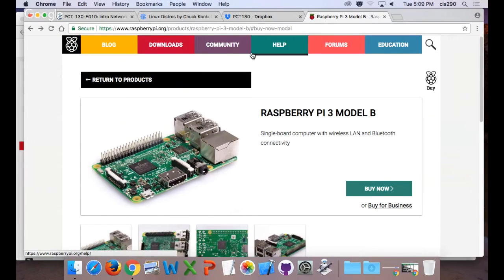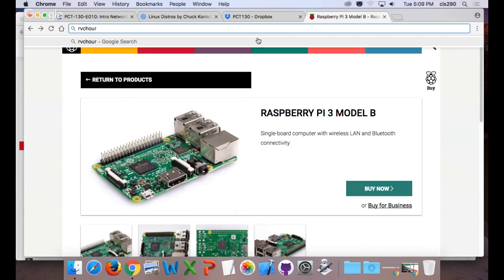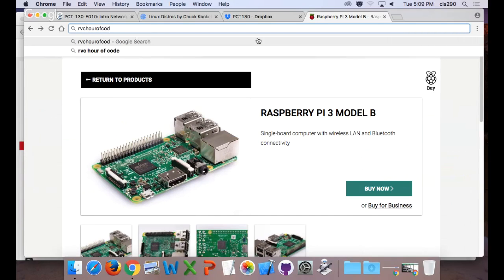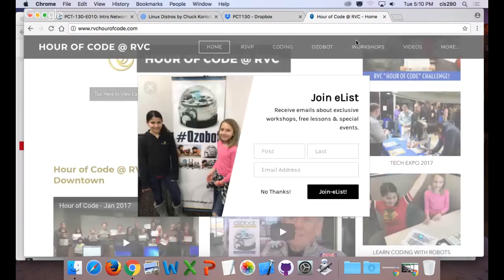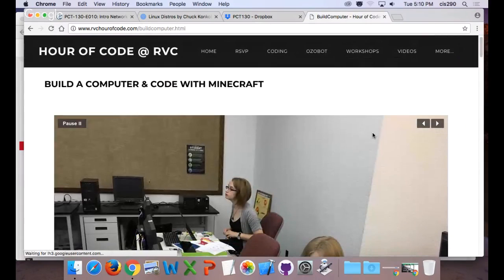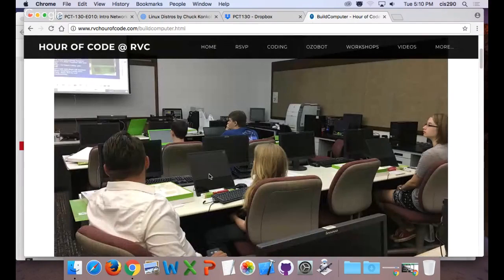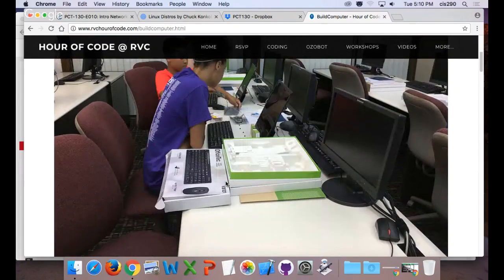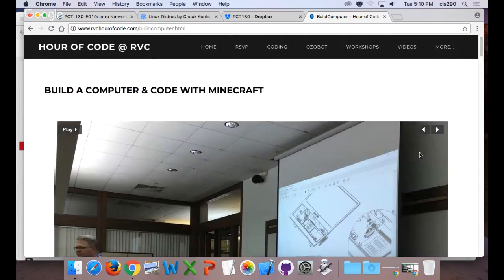And I'll show you a product we used over the summer with the Raspberry Pi, which is kind of cool. It's a group out of the UK. They use Raspberry Pi to help students understand computers and building computers. We had about 35 students over the summer, 3 different workshops. And these are the actual computers here. These little things that are clicked on here. Let's see if I can pause this. Go to one of the pictures here.